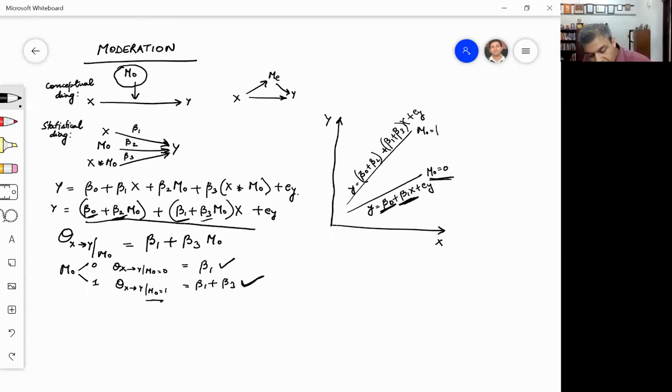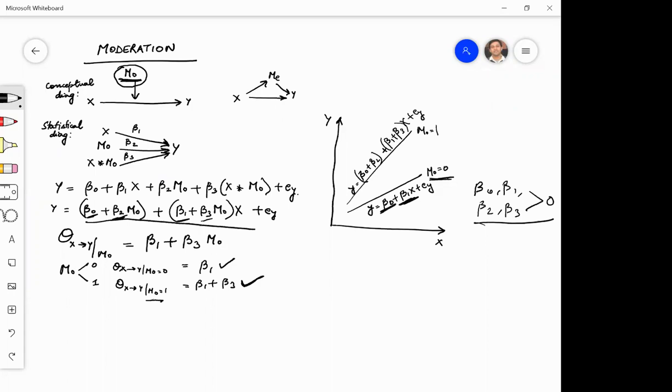I am here assuming that beta naught, beta 1, beta 2, and beta 3 are all positive, greater than 0. So this would be the kind of chart that you would see. Moderation always helps us understand what conditions change the relationship